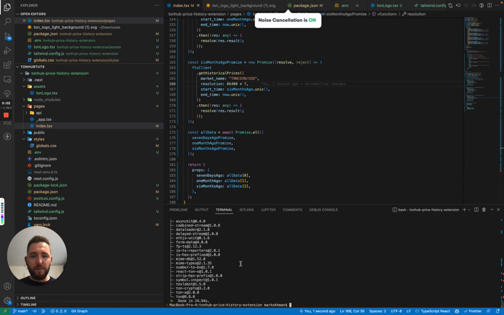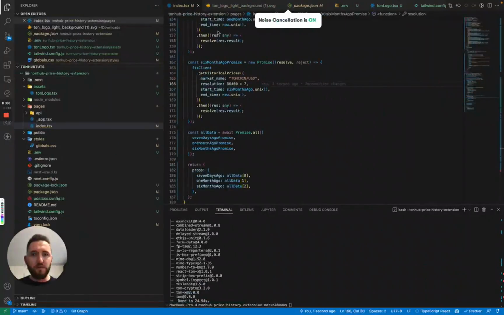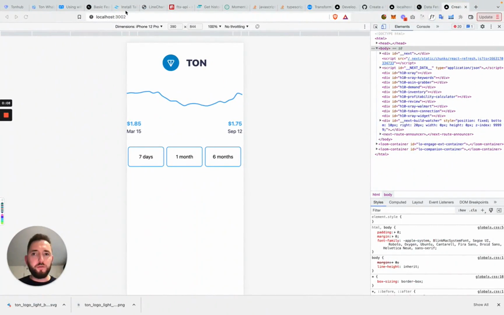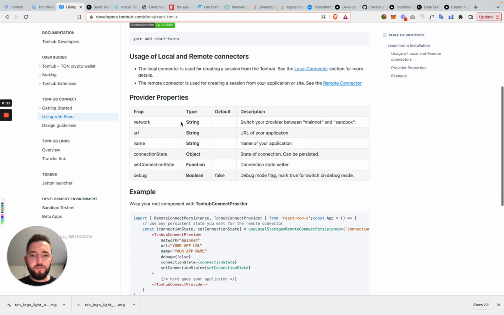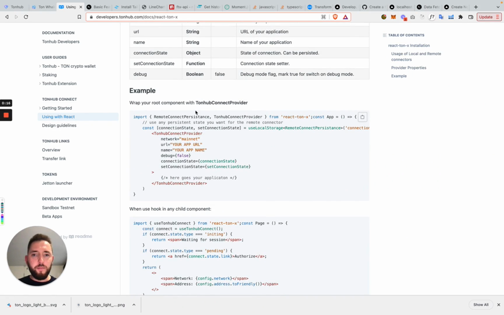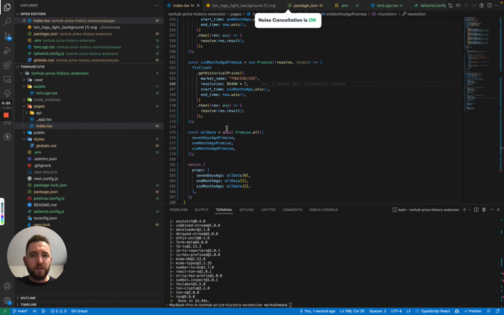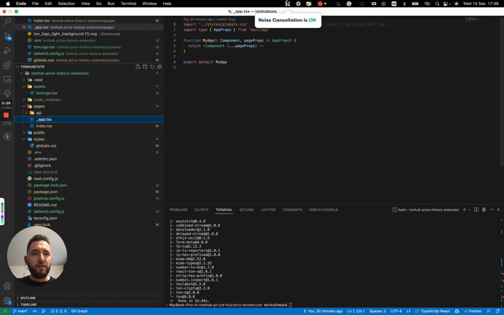Great. The React TON package is installed. A moment, I need to go back to the documentation. It is installed. And now we see that we first need to wrap the root component into the TonHub Connect provider. Great. So we are copying that import. In Next.js, in order to do that, we would have to